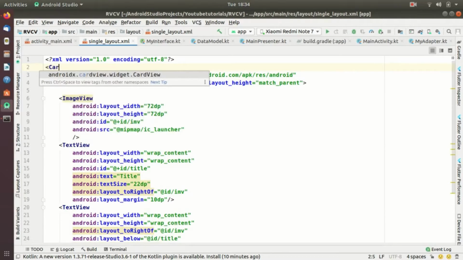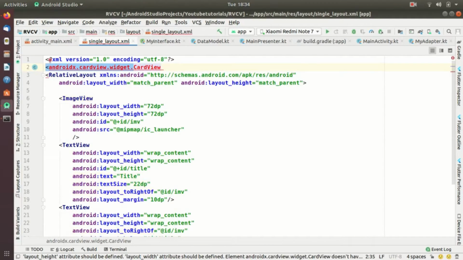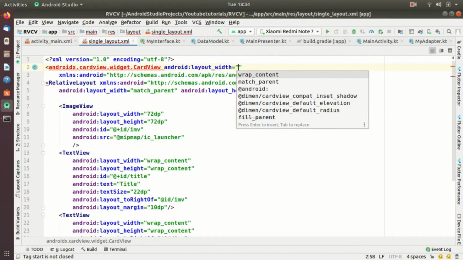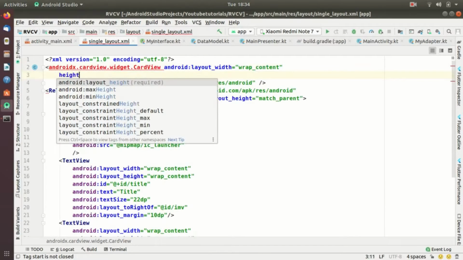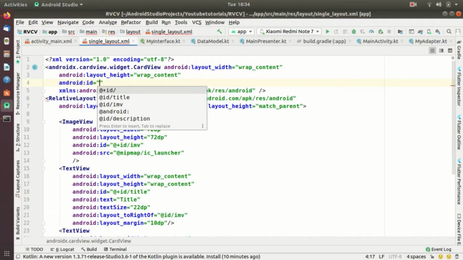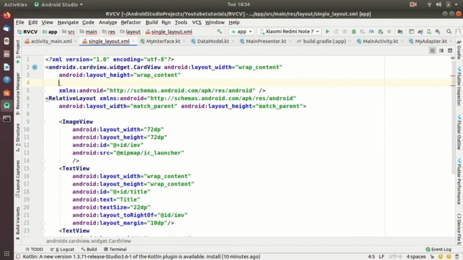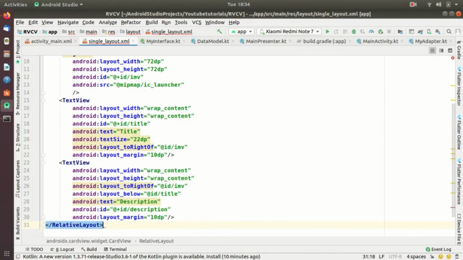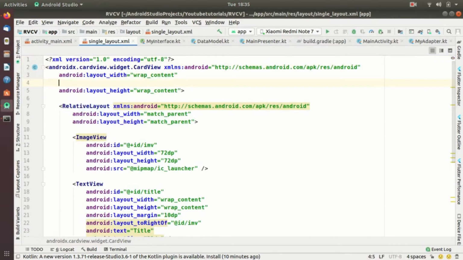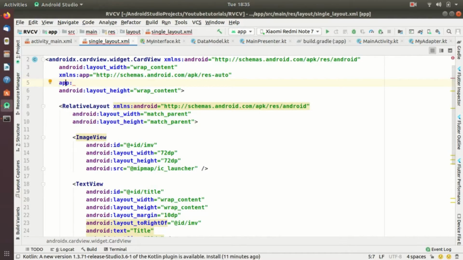single layout resource. So let's add CardView on the root element. Let me give a width of wrap content, height also of wrap content, and I need an ID. So actually I don't need an ID here. Let me just wrap this up, not close it here, but close this at the end of the code. Okay, and I'm going to add a few more parameters which are given by this library itself. So app index, just go back and alt enter. It imports the